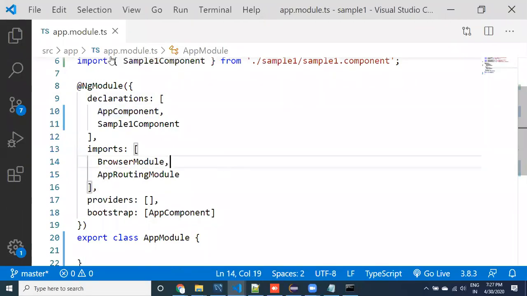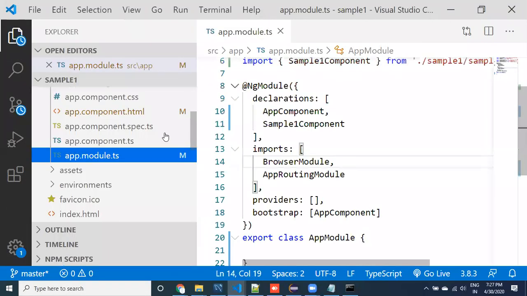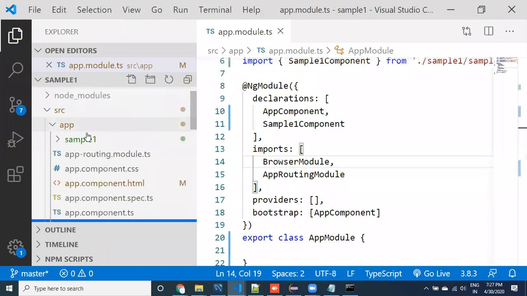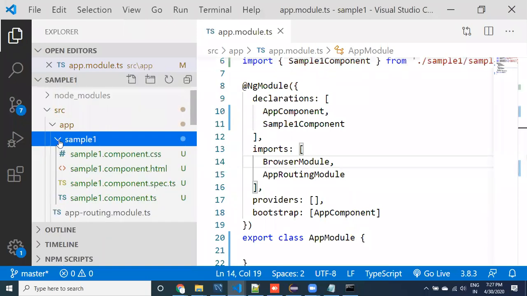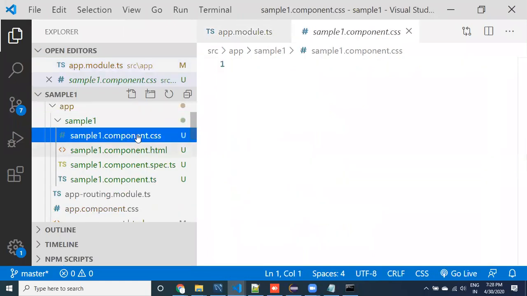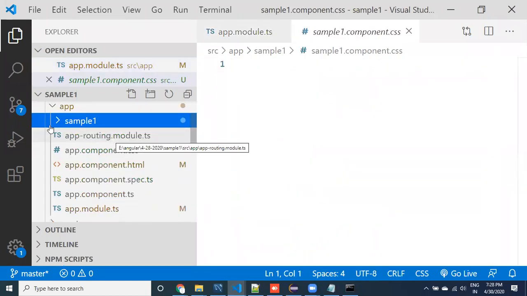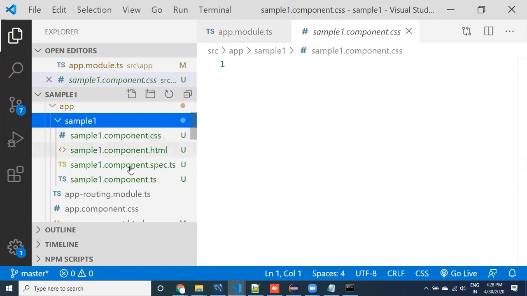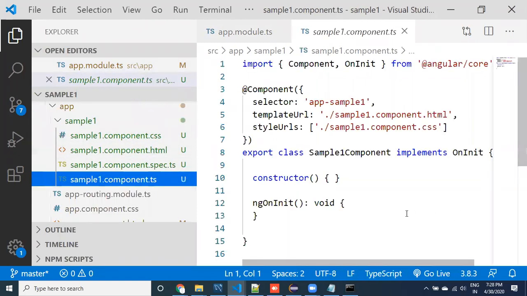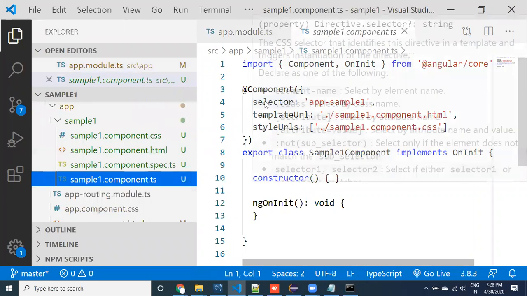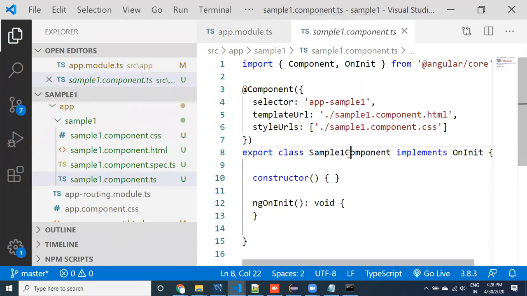We have created this the same way. As we have created a component, if we go to the component, you can see here, guys, how many files it has created. 4 files it has created. Let us go here. This is a component file, the sample component.